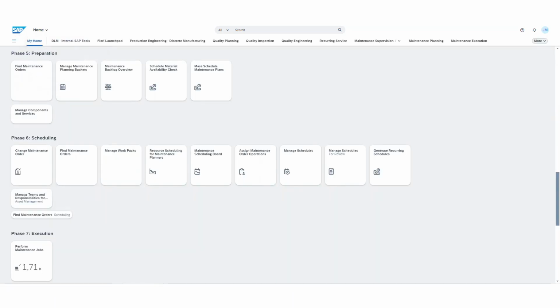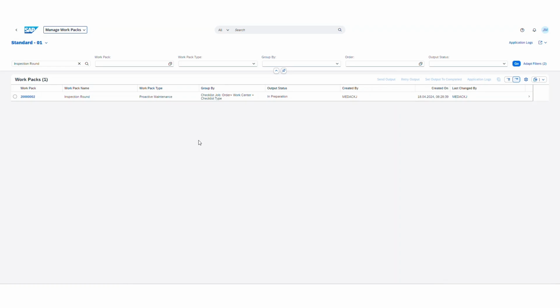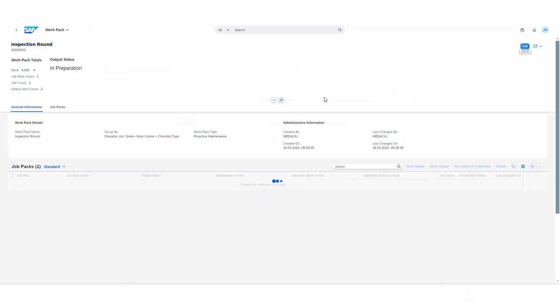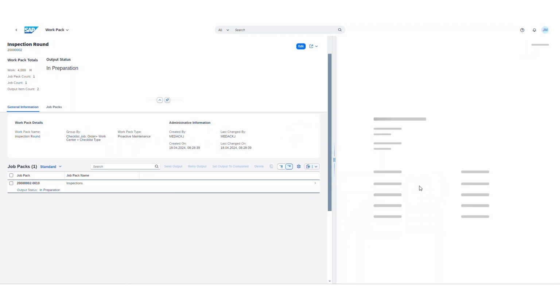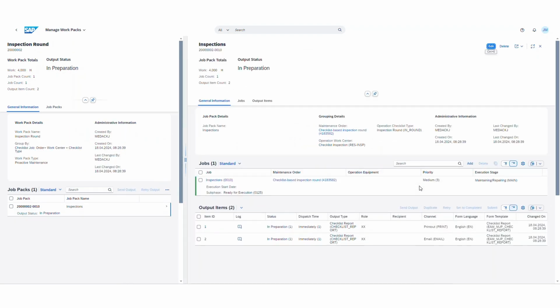So the work pack, so to say, is now created, and we can use the output management to transfer it to third parties or to technicians via printing or emailing. And you see it here. This work pack has one job for a simplified demo, and including one attribute, the checklist type, for clustering. So when we look into the details, then you will see we have the possibility for printing and emailing